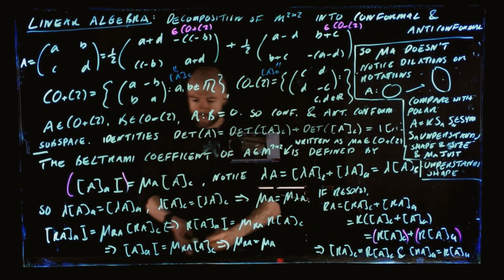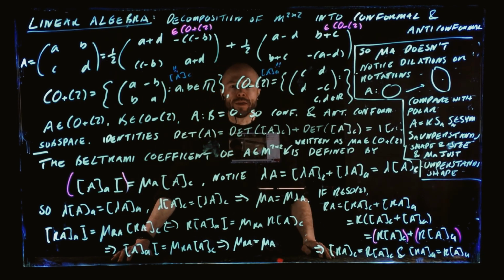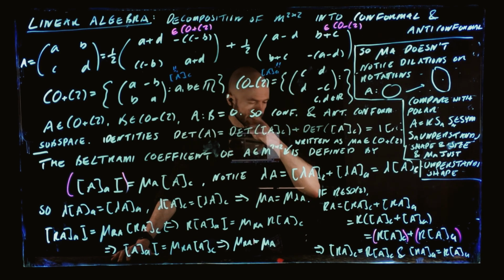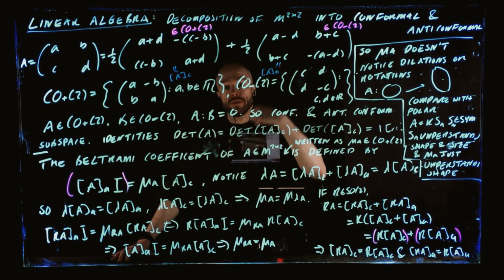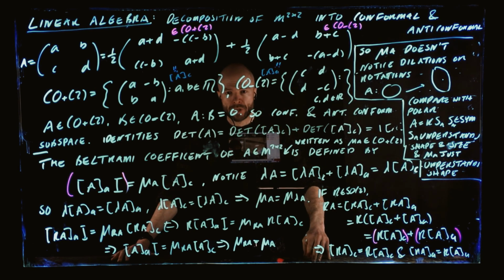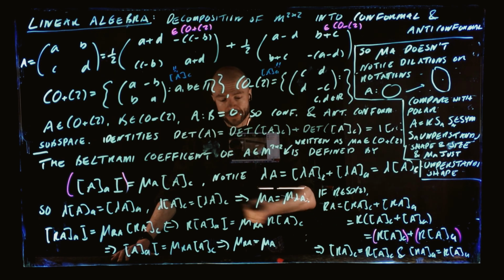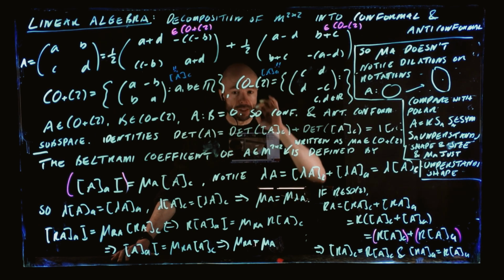So, as you can imagine, that is a relevant thing for our study, right? Because when we are considering quasi-regular, quasi-conformal mappings, the restrictions are on the shape, not on the size, not on the rotation, anything like this. So we're going to be able to formulate things about quasi-regular, quasi-conformal mappings in terms of the Beltrami coefficient. And ultimately, we are going to be able to take a quasi-regular mapping, extract its Beltrami coefficient, and then find a quasi-conformal mapping with the same Beltrami coefficient. That is the so-called